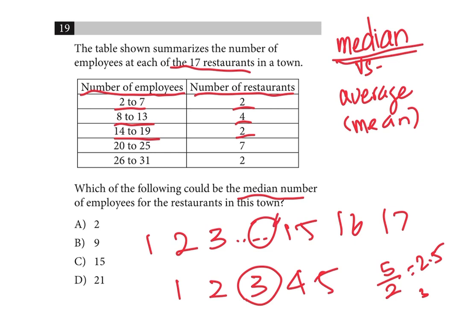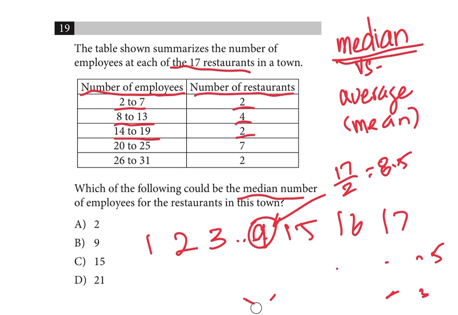So that middle number is actually just 17 divided by 2, rounded up. And 17 divided by 2 is 8.5. So if you round that up, that would be the number 9. So we know that 9 is the middle number. And can you erase the rest of this? So if 9 is the middle number, then we're trying to figure out, well, how many employees does the number 9